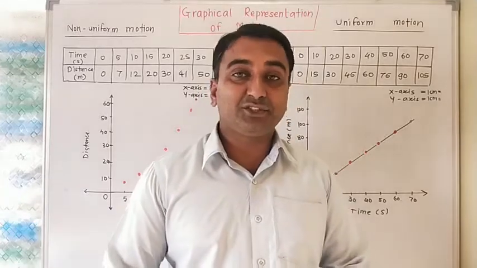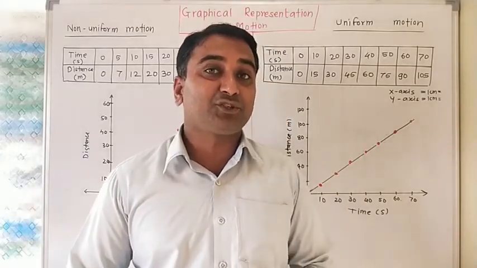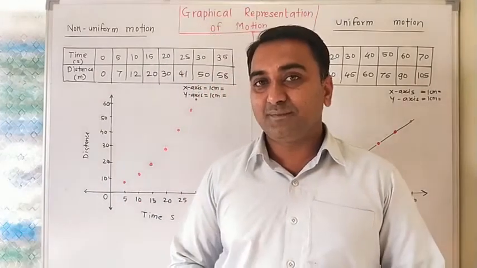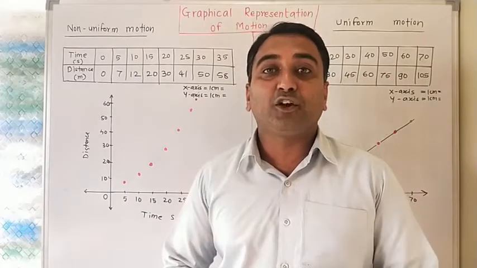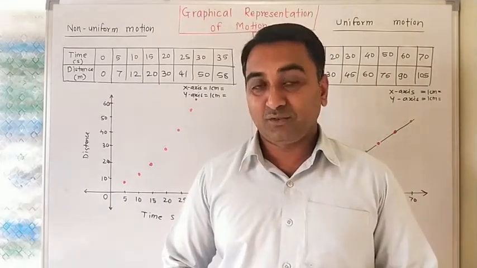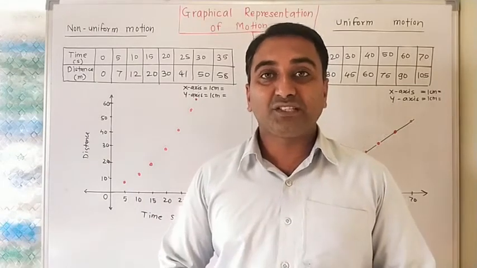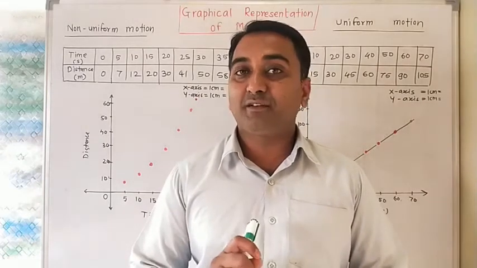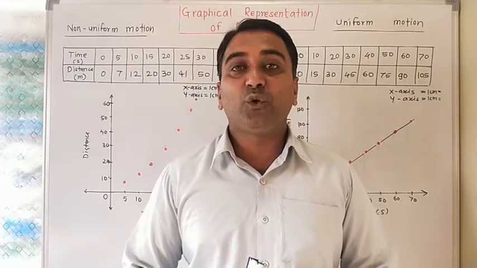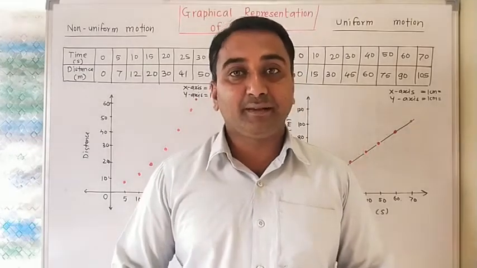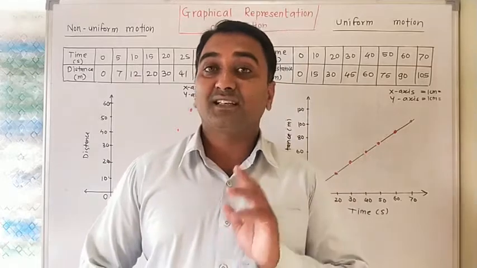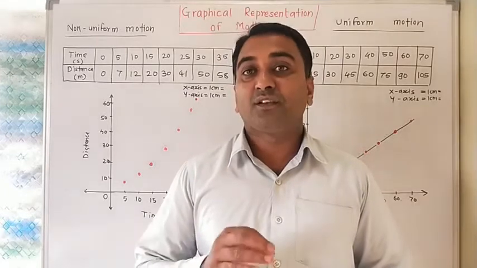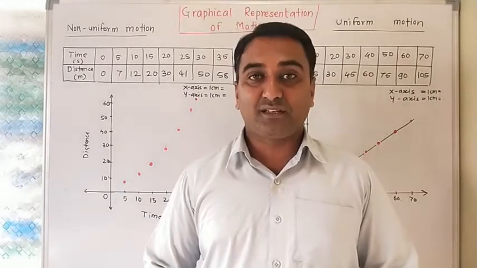What we discussed towards the end of the second session was information about acceleration. What is acceleration? Acceleration is the rate of change of velocity. The equation we discussed: acceleration is equal to final velocity minus initial velocity divided by time, that is, a = (v - u) / t. Accelerations are of three kinds: positive acceleration, negative acceleration, and zero acceleration.